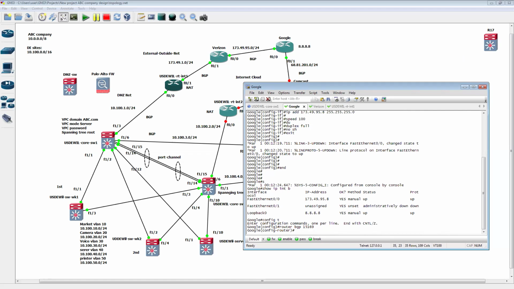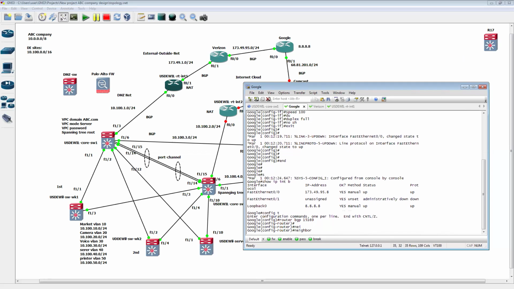And then, what is the peer? We're going to use neighbor. We don't have a network yet, so we're going to use neighbor. What is our neighbor? 173.49.95.7, if I remember. Okay, so we're going to put remote